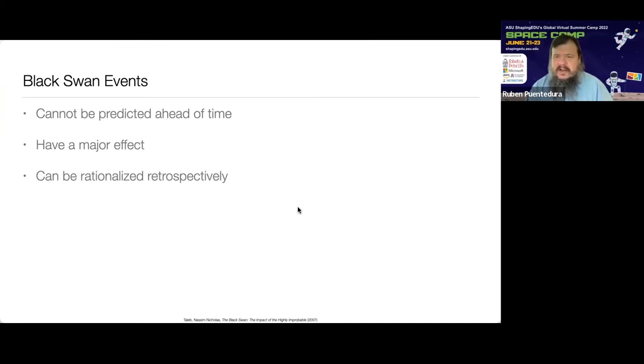The standard archetype for a black swan event is the Titanic. Nobody knew it was going to sink. In fact, people were pushing each other out of the way to get berths on the ship, right? It had a major effect, not just the number of people that sadly died on it, but it actually changed everything from safety and navigation to how you dealt with the northern routes to radio wave management, and so on. And retrospectively, we could say, oh yeah, this is what was wrong with the Titanic that caused it to sink. So that's a black swan event, fine.